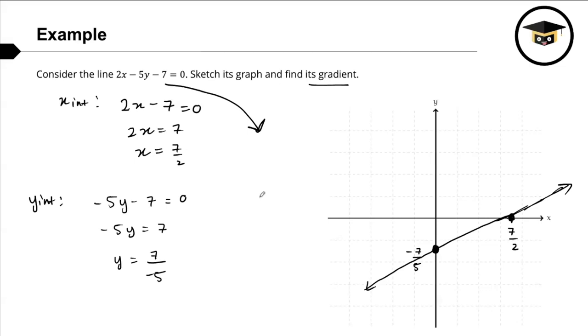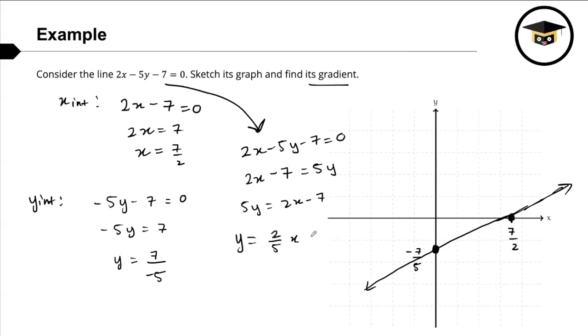So how do we do that? Well, we need to make y the subject, okay? So we've got 2x minus 5y minus 7 is equal to 0. So that means 2x minus 7 is equal to 5y. I'm just going to write that as 5y is equal to 2x minus 7. It's normally y equals something. So then if we divide everything by 5, we get